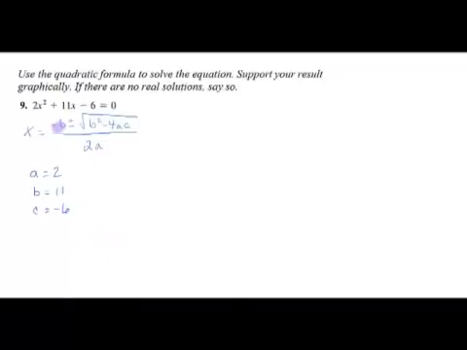So putting that into the equation, I'll have x equals the opposite of 11 plus or minus the square root of 11 squared minus 4 times 2 times negative 6, so that'll be a negative 48, all over 2 times a, which is 4. So x is negative 11 plus or minus the square root of 121 plus 48,